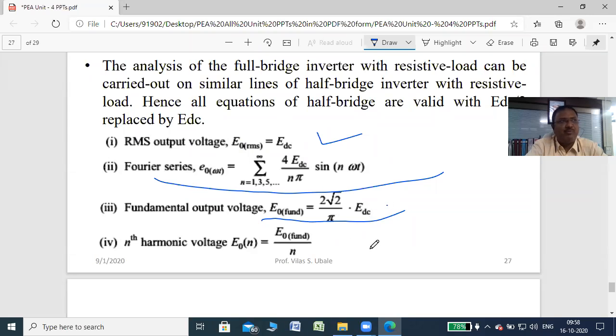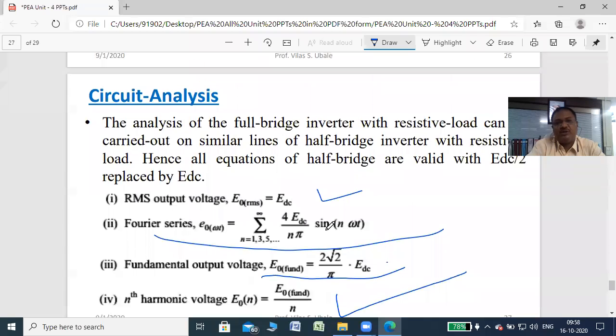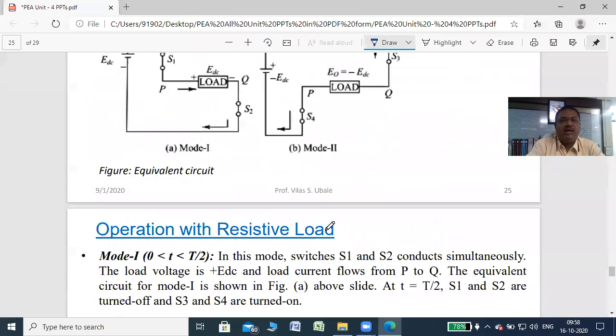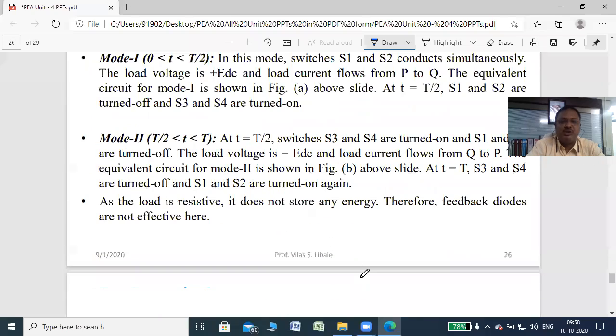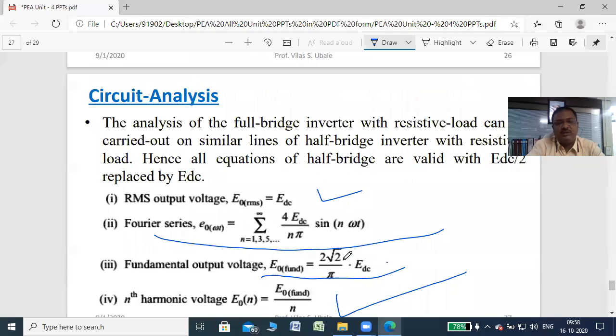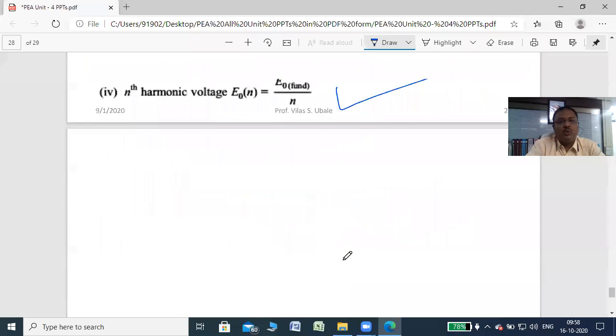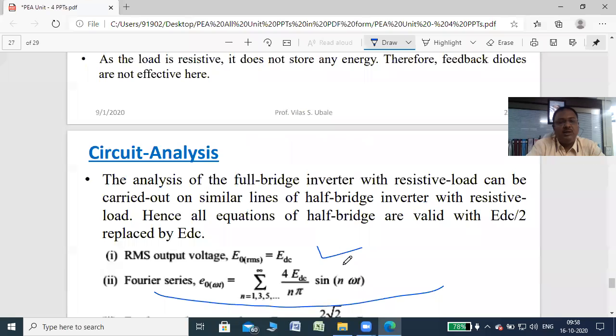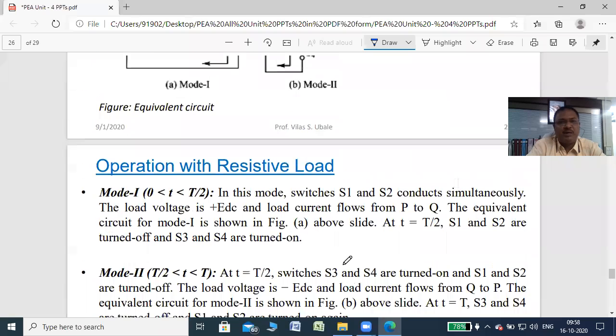You can find out with the help of the same equations that are given in a single phase half bridge voltage source inverter. And this is the nth harmonic, that is E0 fundamental divided by n. So the equation for this is the same, just the value is changing, but the procedure is the same. Okay, so this is about the circuit analysis of this particular